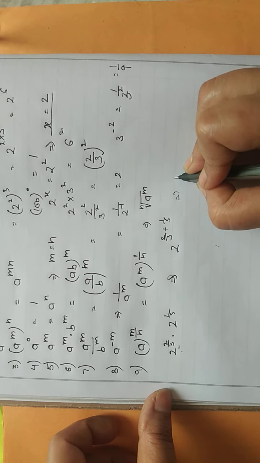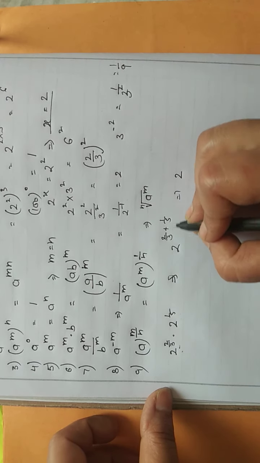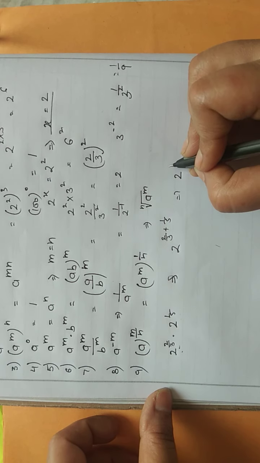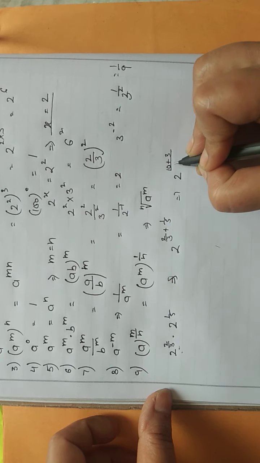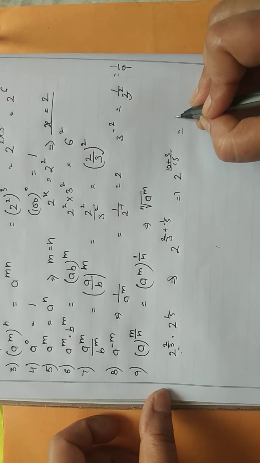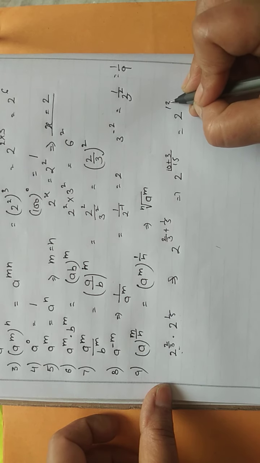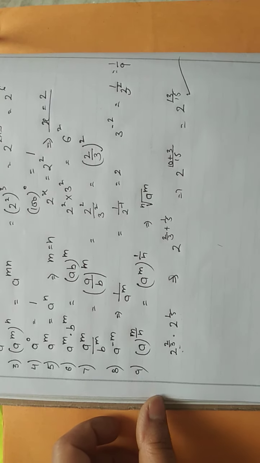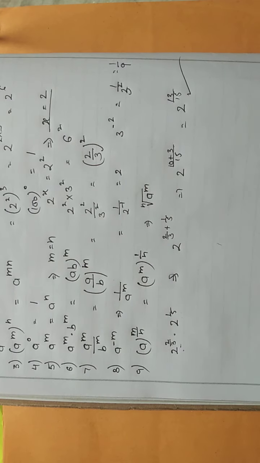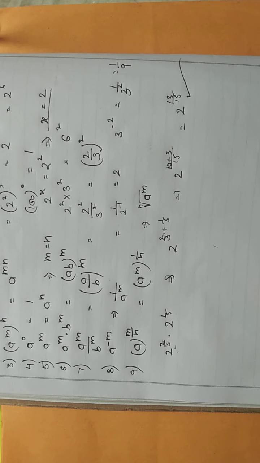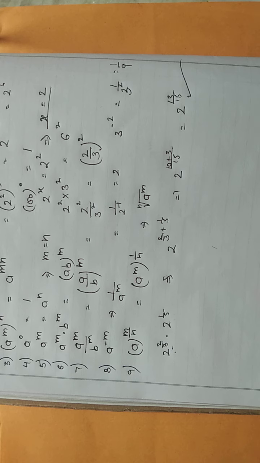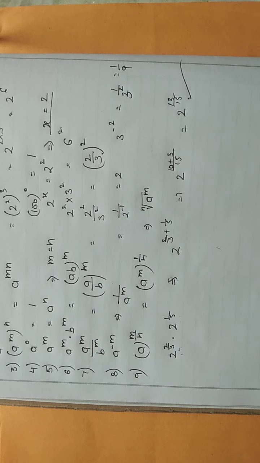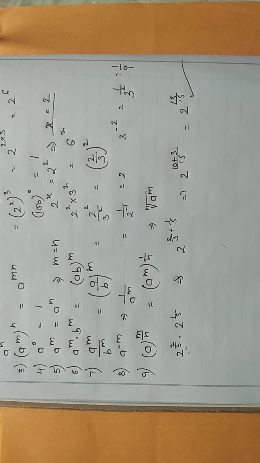Okay. Now how will you add it? By taking the LCM. The LCM is 15, then it will be 10 and it will be 3. Okay. And what are you getting? 2 to the power 13 upon 15. So that is your answer. Okay. Rules are same, but you will use them for negative numbers. You can use them for fractions. You can use them for the square root. Okay. So these all are the rules related to the questions.